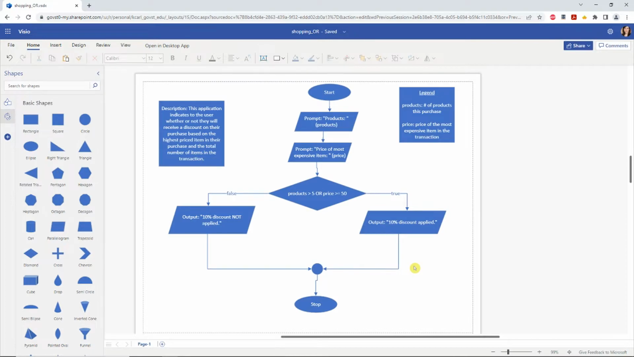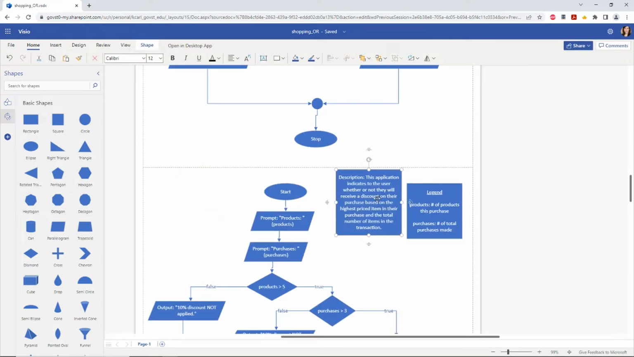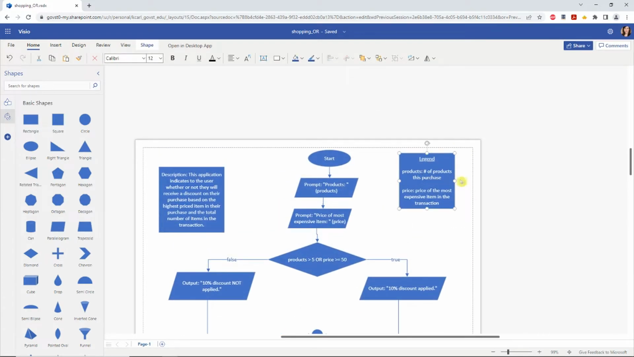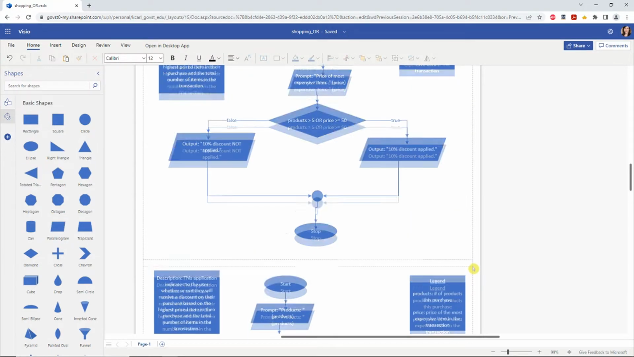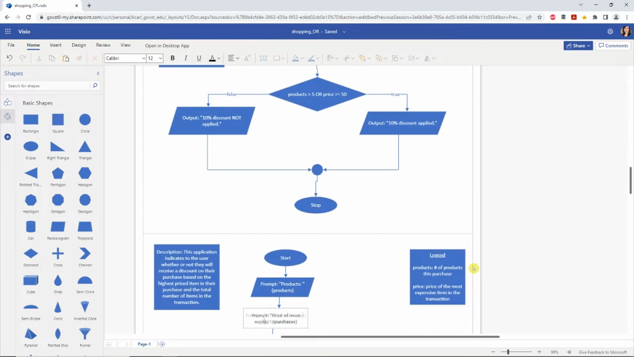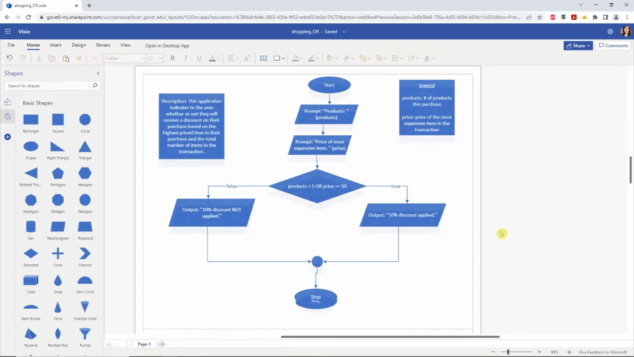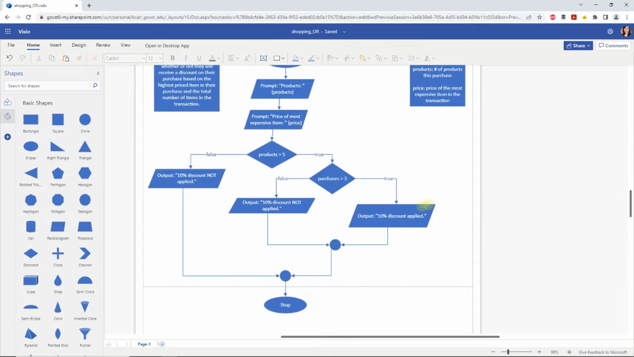However, I'd also like to take a look at what happens if we don't use OR and we just nest the decisions. So I'm going to go ahead and copy the description and the legend down and also change the input prompt. So it says the price of most expensive item. That is price. We keep the products. So let's see what happens if we alter this decision to say price is greater than or equal to